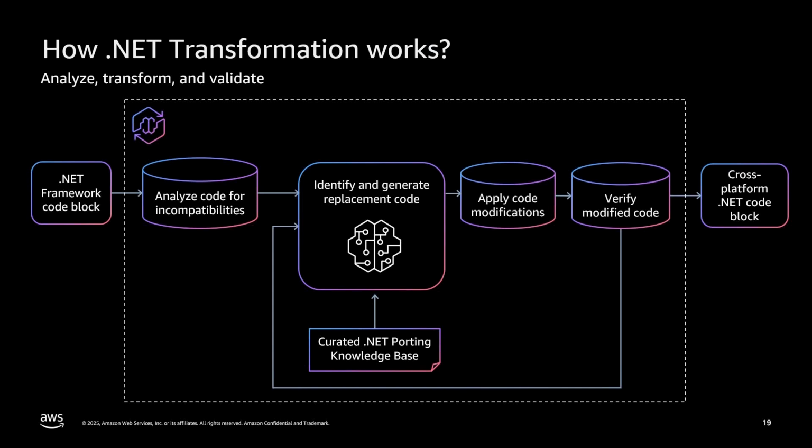And once we get to a point where the code is good to be verified, that's where the verification stage comes, and the unit tests in your application code will be executed and results produced. Now, all of this happens on a branch of its own. We don't make changes in place.